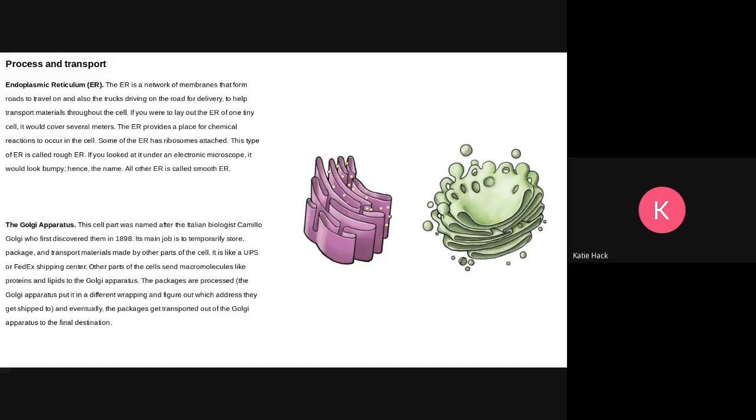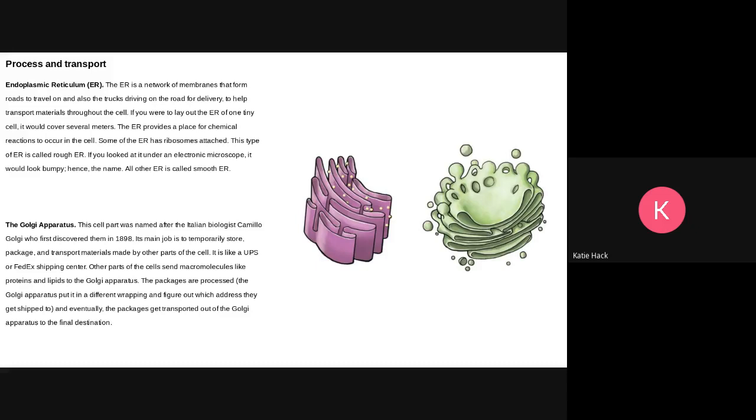Some of the ER has ribosomes attached, and this type is called the rough ER. If you looked at it under an electron microscope, it would look bumpy, which is why it's called rough. And the portion that is not covered in ribosomes is called the smooth ER. Now the Golgi apparatus, which is the green thing,